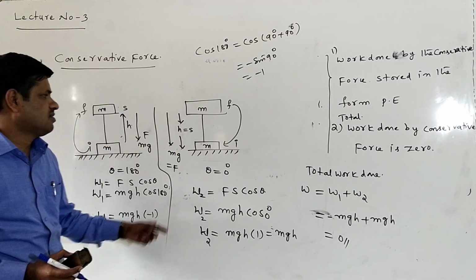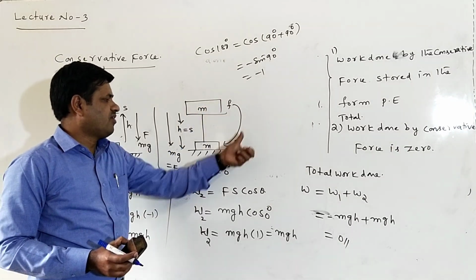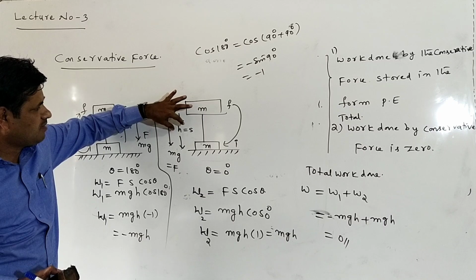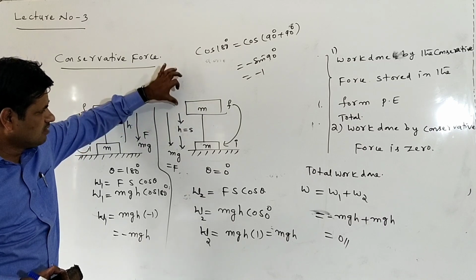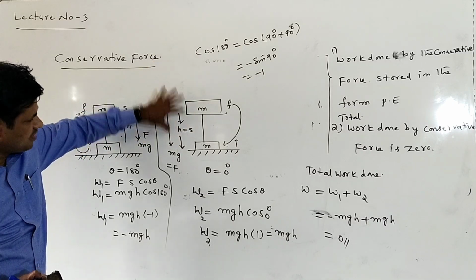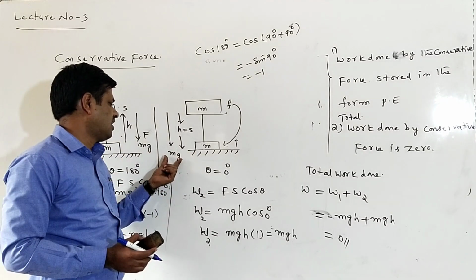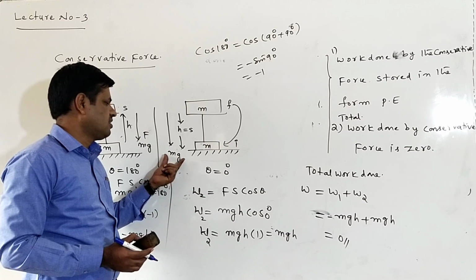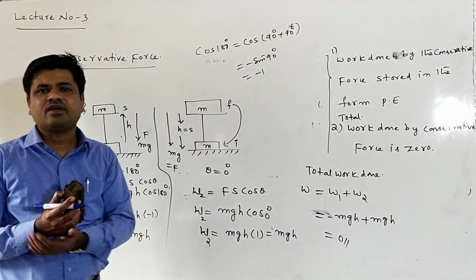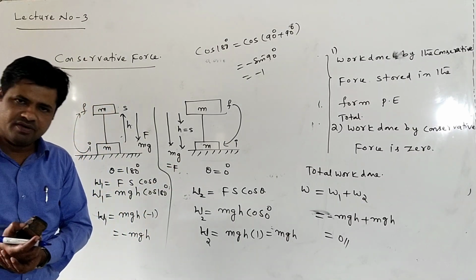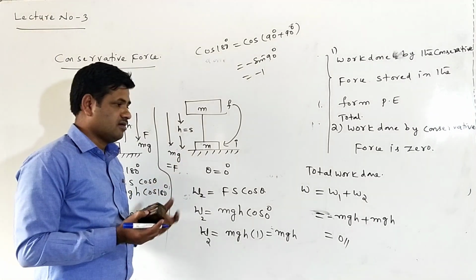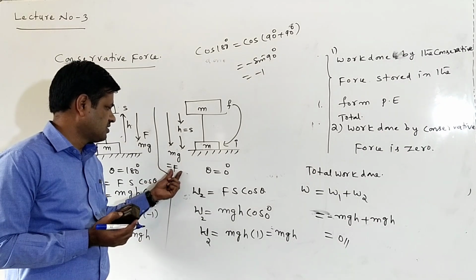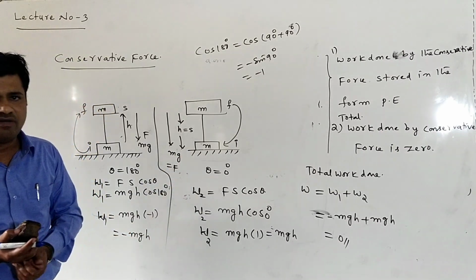Here minus mgs. When the body is coming from final to initial, it is displacing in this direction. Displacement h we have taken here, that's the displacement direction. Gravitational force always acts towards the center of the earth. That is mg; we take F equal to mg. That force is acting due to gravity, and acceleration due to gravity is also acting in the downward direction. So F is equal to mg.